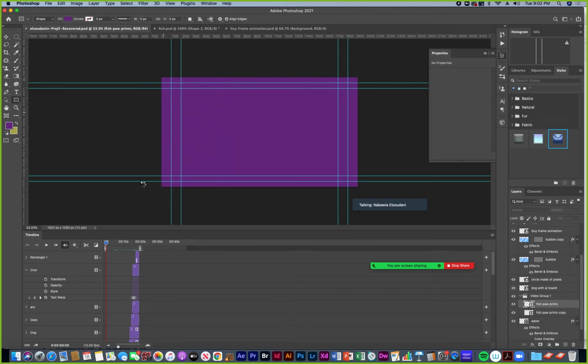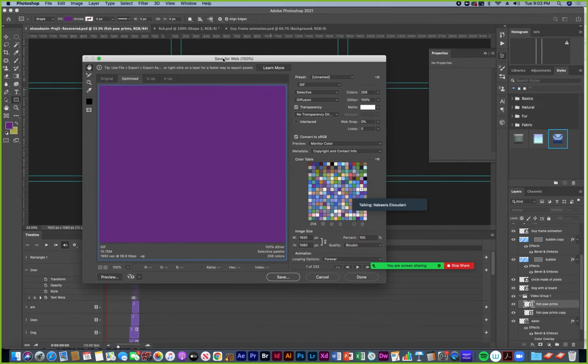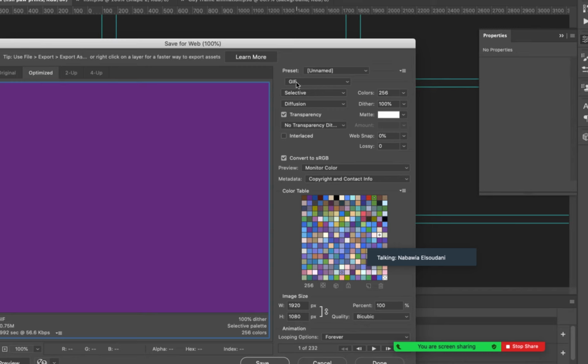It's kind of stalling for the GIF. Might be too involved to make a GIF. Oh, wait. I think it's coming, unless it's crashing. Just gonna see if it does it. There it is. Okay, so it does take some time for it to load up, but as long as you choose GIF over here,